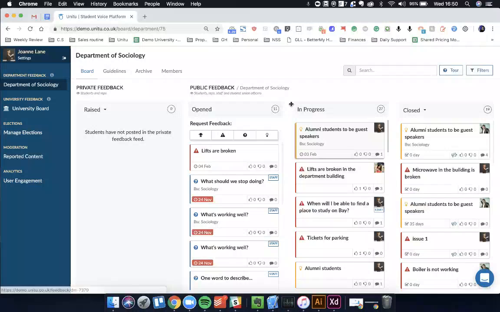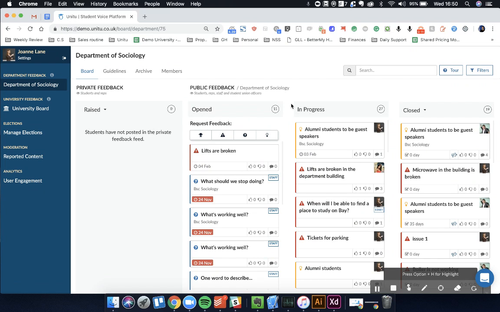Hi there. So I'm going to show you a demonstration of one of our new features on Unit 2. Our new feature is essentially a messaging feature where you can send out personalized emails to non-active students, and in the future it will be both non-active and active students. The goal here is essentially allowing staff members, whether it's departmental staff on a particular board or university administrators,